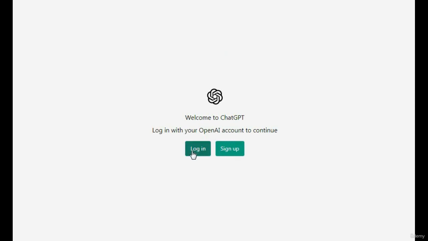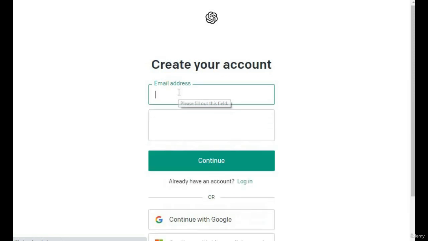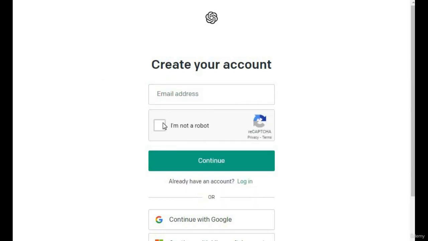ChatGPT. When you open it, here you click sign up. When you click on the sign up button, you can log on here with your email ID. You give here your email ID, then I am not a robot. Click here, I am not a robot. You can continue it. If you have already an account, you click here,